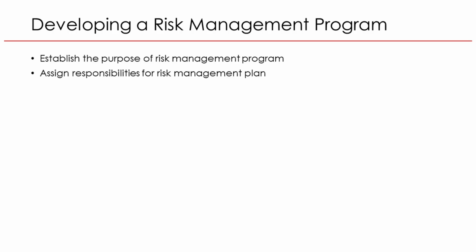Example: in a financial services company, the goal might be to reduce the risk of data breaches, fraud, and regulatory penalties. Next, it's essential to assign responsibilities for managing risk. This defines who will identify, analyze, and respond to risks, and who will monitor progress. Clear accountability ensures that risk management doesn't become everyone's job, but instead has specific owners and oversight. Example: the Chief Risk Officer, CRO, or CISO may oversee IT and cybersecurity risks, while departmental heads handle risks in